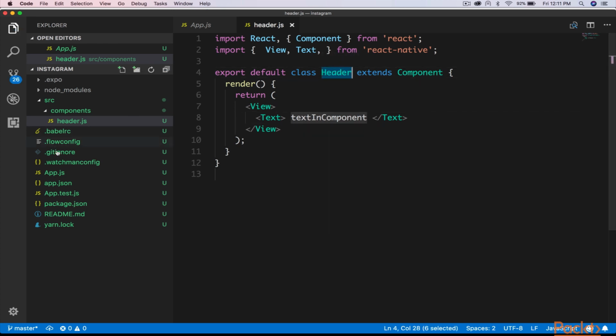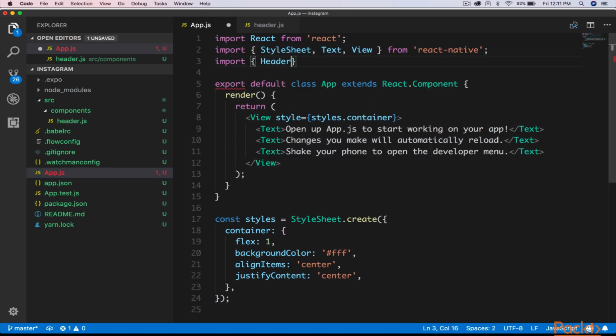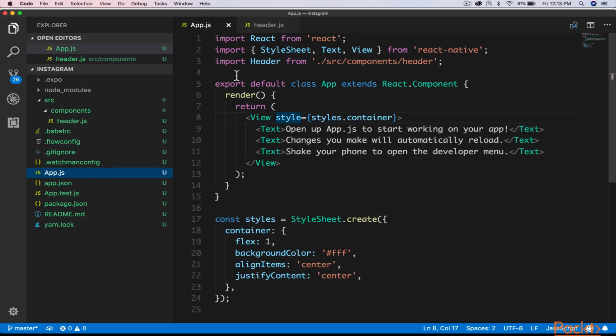Now what we'll do is we will be importing this in our app.js. So import header from ./src/components/header. This is a standalone component that we are importing. This is just one component because as you can see in the header.js, we're just exporting this component only. So we don't need to have the curly brace. The curly brace is used to indicate if a file has multiple components in it. So since we have just one component exported from this file, we don't need that curly brace around that